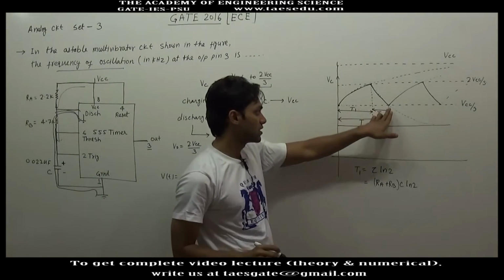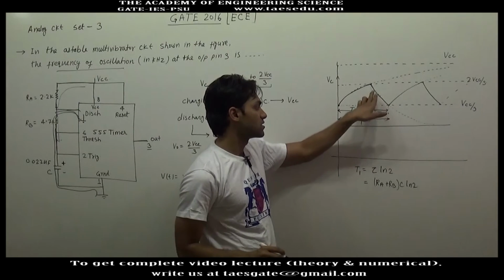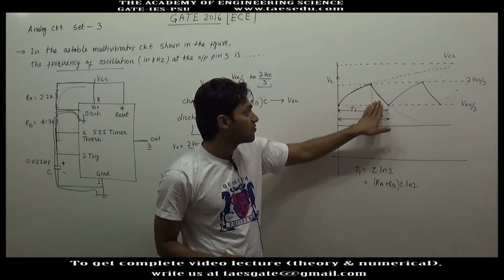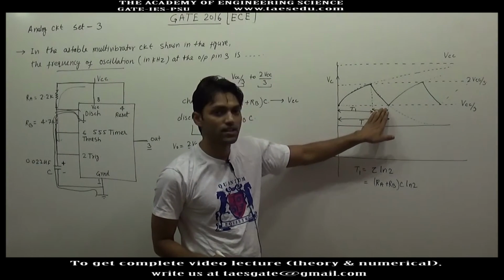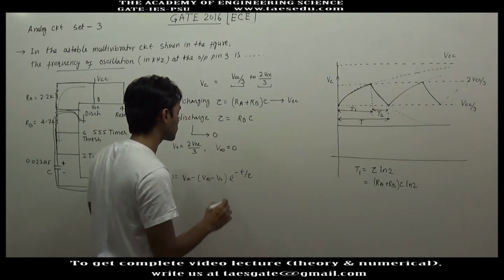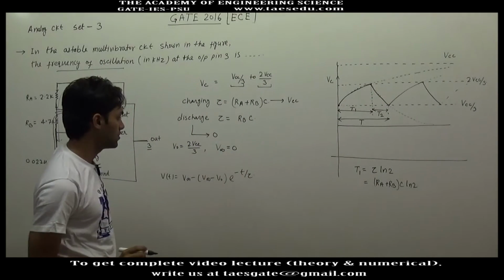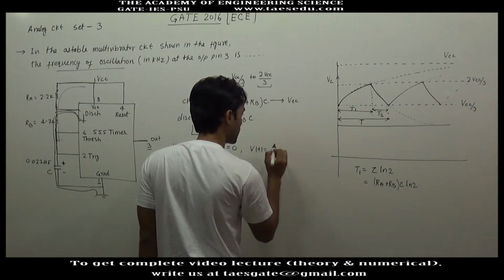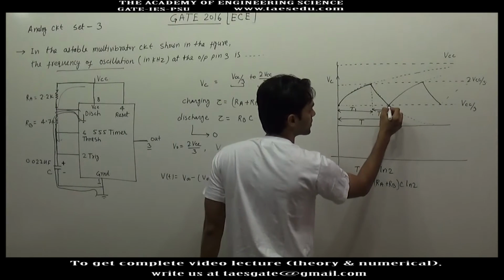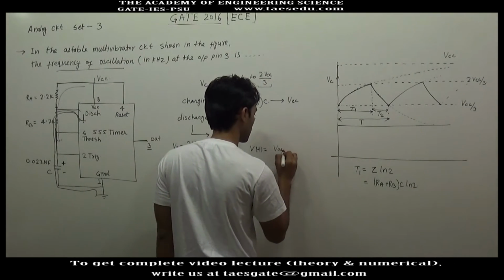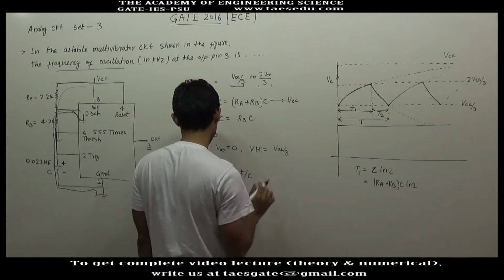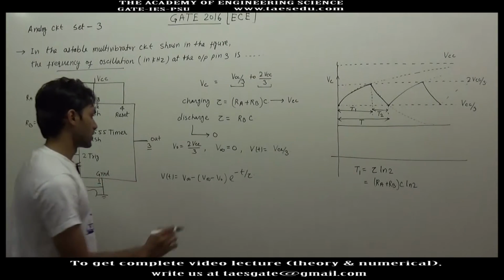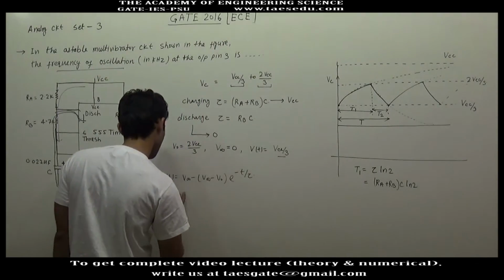Although in between there is another transient, for this transient, the steady state voltage will be the voltage when this circuit is left for infinite time in this transient only. So V infinity equals 0, and Vt will be at this point, Vt is VCC by 3. Again we will write this formula, Vt equal to V infinity minus, okay, so Vt is equal to VCC by 3,